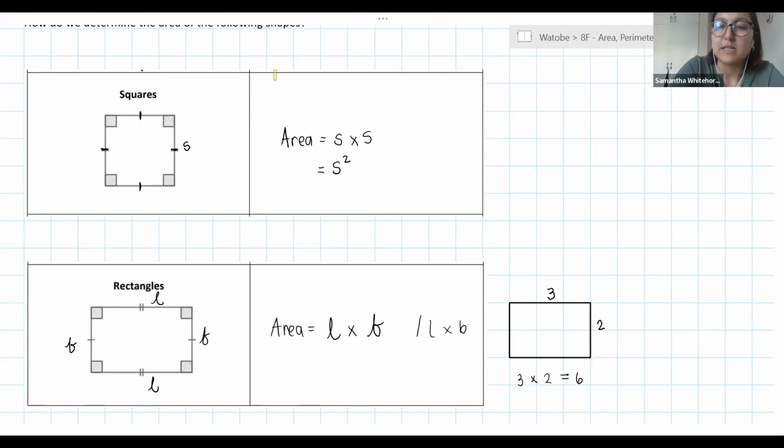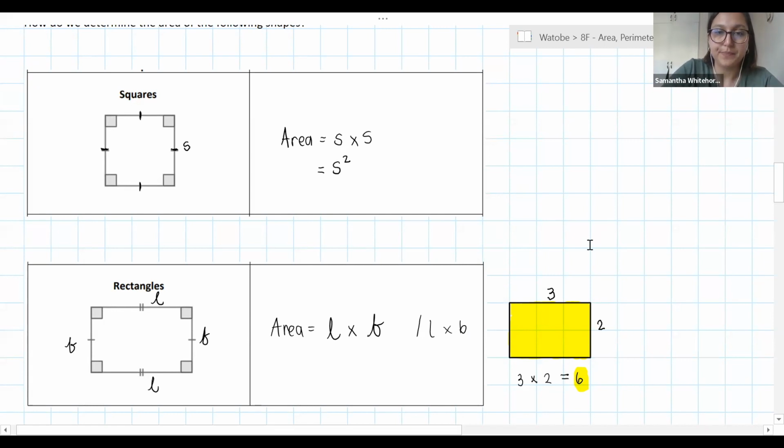And if I now consider what that means in terms of area, remember I said it's the inside of the shape. If I shade the inside of the shape, what I see is that I've got 6 unit blocks that take up or occupy the space of the shape. And so that 6 represents these 6 blocks that the area encompasses. And so that is why we only need to multiply 2 dimensions, because we take into account all the space along the length and all the space along the breadth, and it encompasses that whole 2D area enclosed in the shape. So this is where our area formula is coming from and why we multiply with 2 dimensions